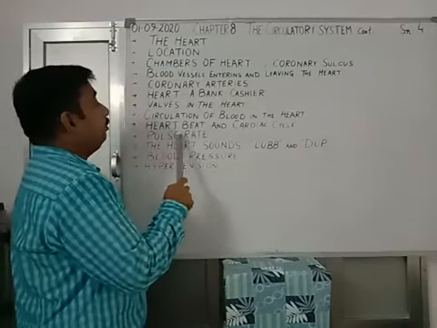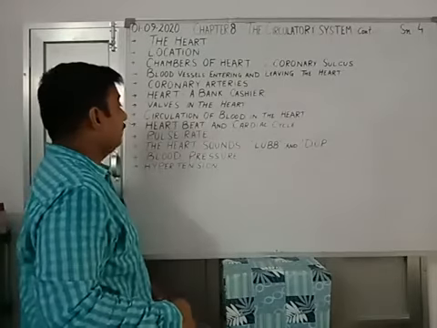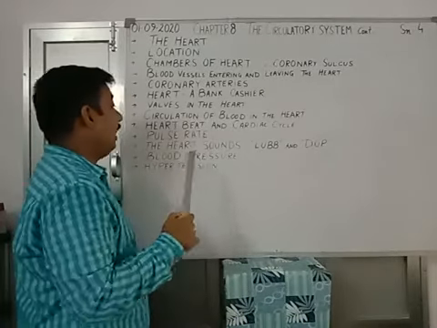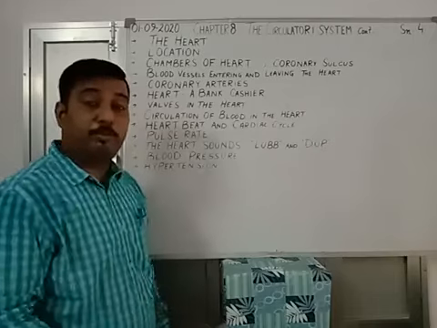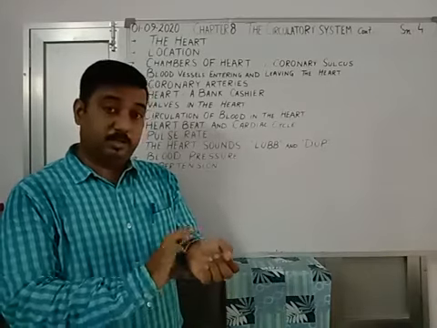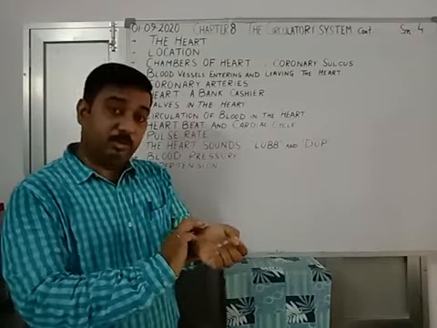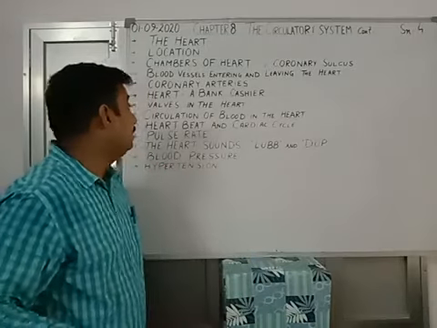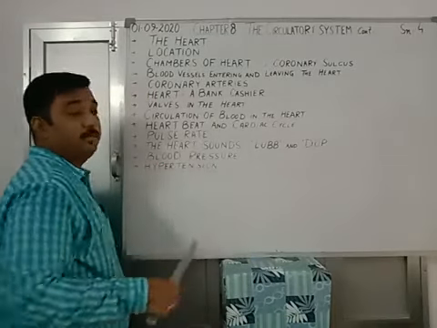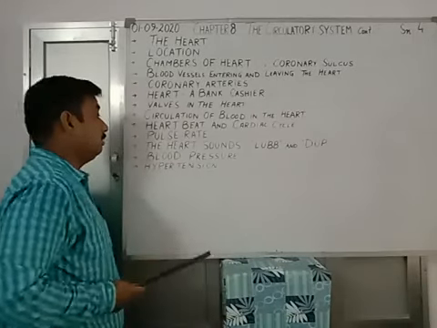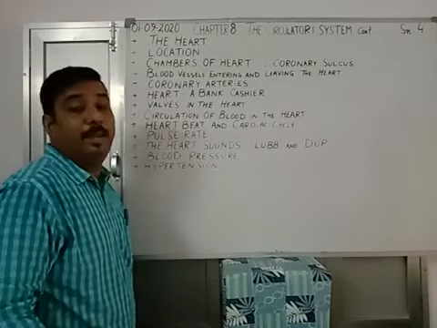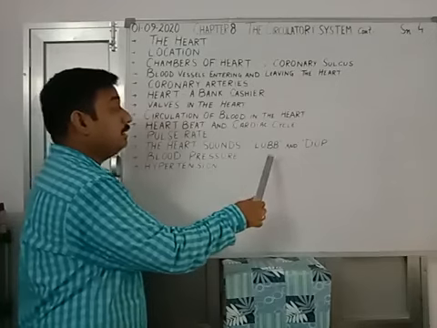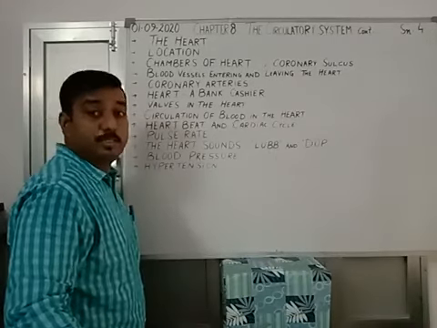We will be understanding heartbeat and the cardiac cycle, the definition and what actually the pulse rate is. You might have felt the throbbing of your heart when you put your index finger near your wrist. When you try to feel on the radial artery, you get the pulsating sound. That is how the pulse rate is calculated. That also will be explained to you. Then the heart sounds. You may have heard that the heart makes a sound, that is lub and dub. We will be understanding how these sounds are made.